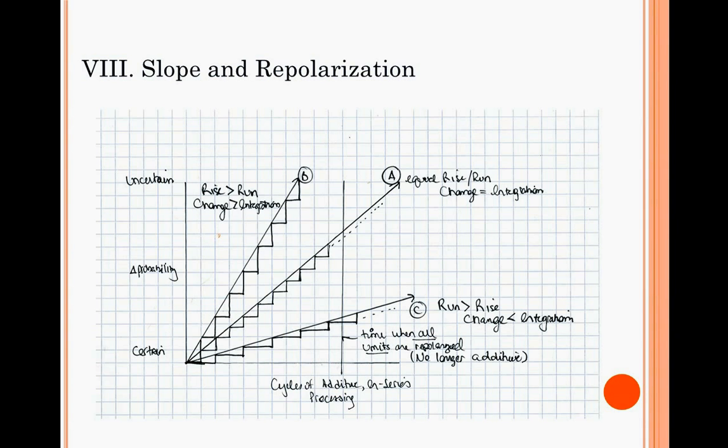A, which is a condition where rise and run are equal, or C, where the run is going to be a lot more than the rise. So in situation A, rise and run are equal, change and integration are equal to each other, and so it's going to have the slope that's indicated here. Then B, because the change is so much more dramatic, it's going to be able to reach higher levels of uncertainty than something like C, which has the integration,